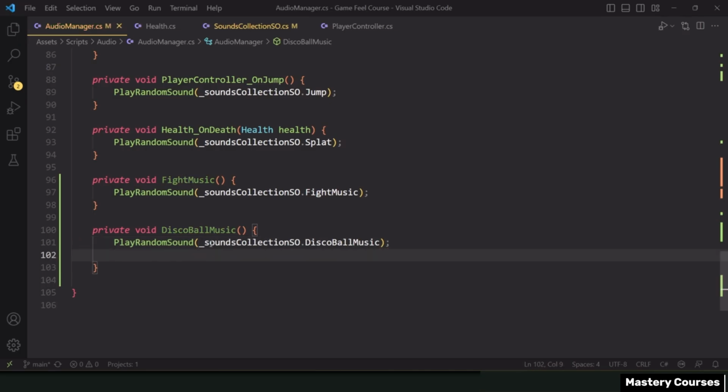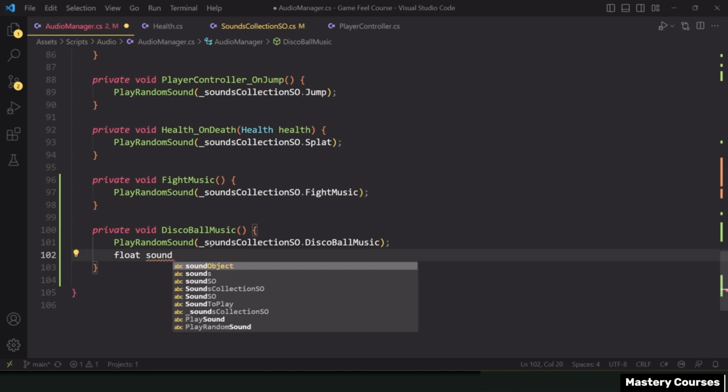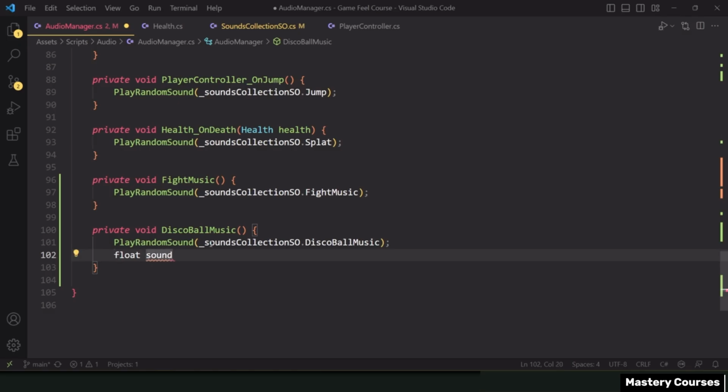That's great so far. But the tricky part is we want to make sure our fight music starts basically when our disco ball music stops. Now, the way that I've set that up is with a float that we can go in and check the sound length of our specific disco ball music audio clip length. Now, if your disco ball music length that you've chosen is a little bit long or short, you might have to modify it programmatically through code. So I'm going to show you one of what is probably an infinite amount of approaches just to make sure that we're deciding a specific float length for how long we want our disco ball music to